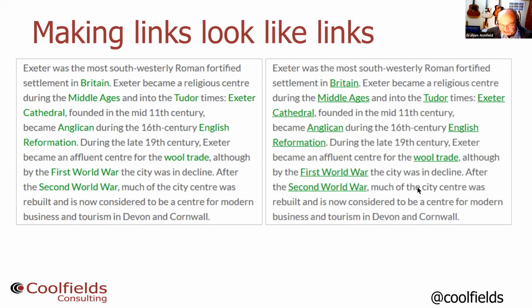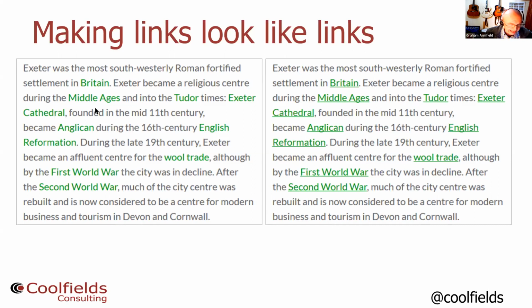It's a lot easier to see where these links are if here I've overridden the design to put the underlines back in. Now, I know some people don't like these hard underlines, so you can use other ways of doing it. You can use a gradient or the bottom border or something like that, but please use this. The underlines are a convention on the web to show where the links are. It's been around since the dawn of the web, really.